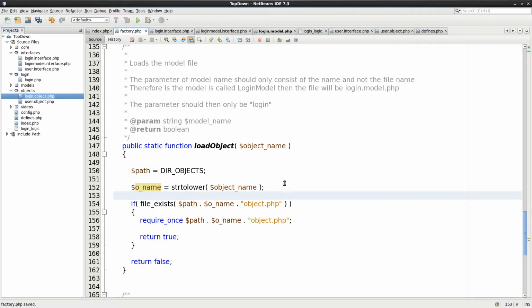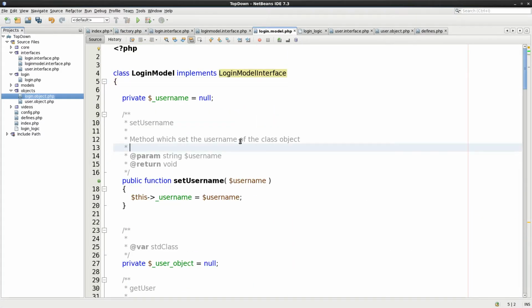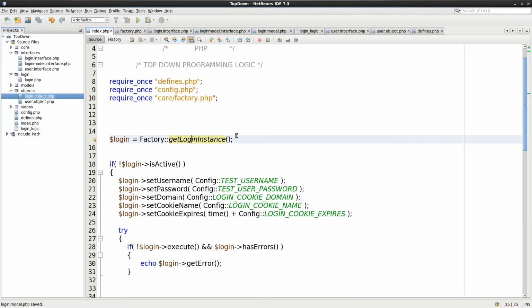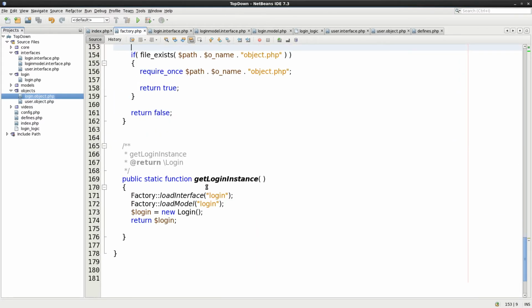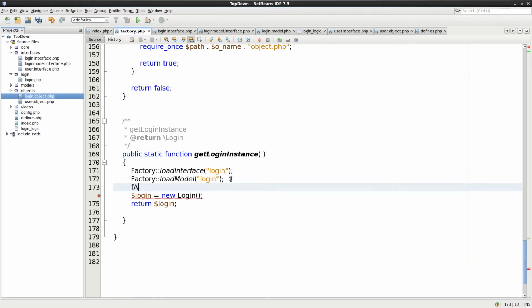So that should all now be fine. So potentially when we make the call for get login instance, we know that everything should have been loaded, and get login instance, and in here then we need to say load objects login as well,